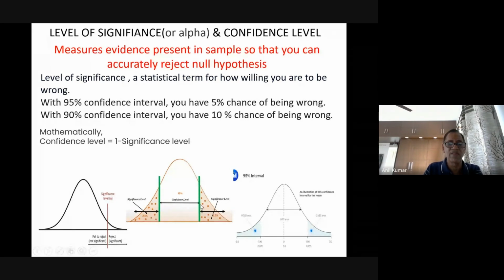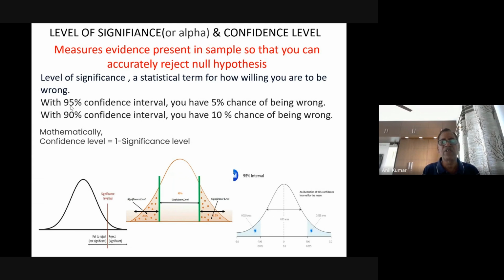Significance level is both the sides, and the area within that, left or right, is the confidence level. The relationship between them is mathematical: a confidence level of 95% is the confidence I have because 1 minus 5% is 95%. So significance level and confidence level go together in parallel. Once you have chosen that, my only concern is whether I would like to say 95% or 90% confidence about my results. This is the confidence I have.